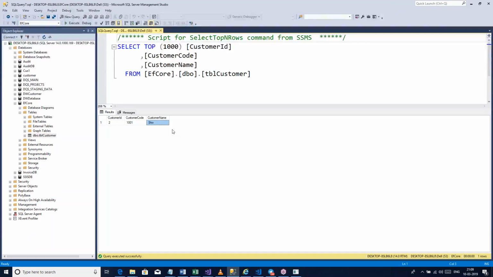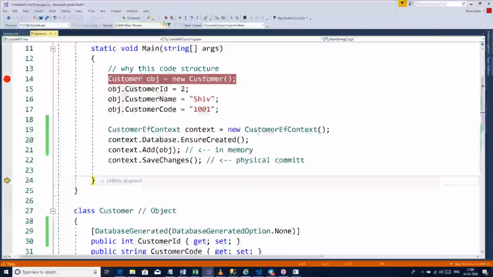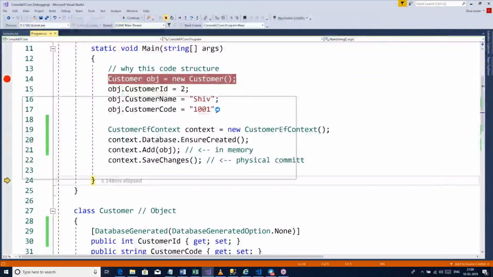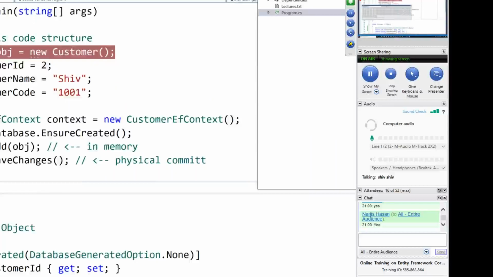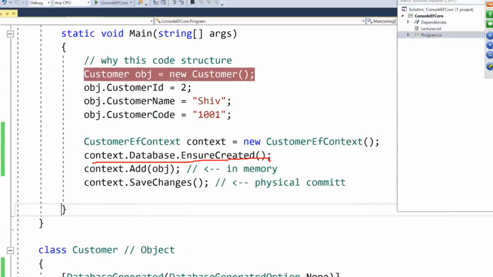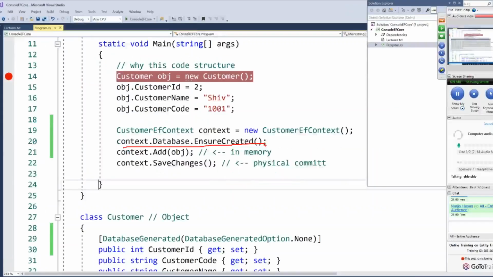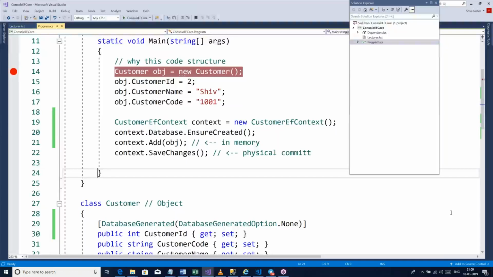So this is code first. To implement code first, we need to use this syntax, context.Database.EnsureCreated, right? So guys, any questions on how to implement code first in EF Core? One is we saw database first in the previous class, and this is code first. If you have any questions, you can go ahead and